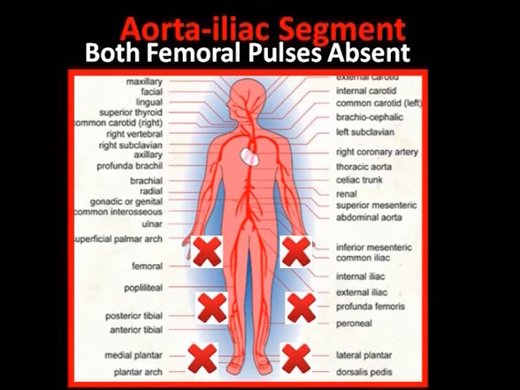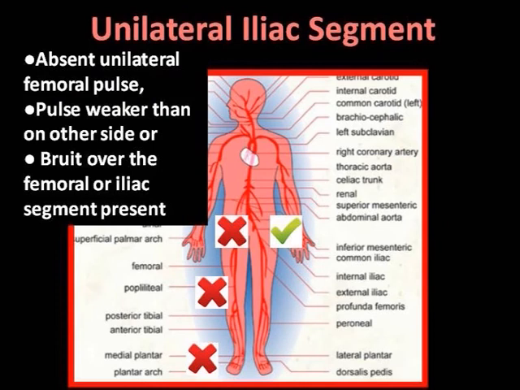So if we look at the first one, aorta-iliac segment. Aorta-iliac segment means that a femoral pulse is not present in either the left or the right groin. Unilateral iliac disease is a bit more complicated. This can mean one of three options. Option 1, a femoral pulse is palpable on one side and not on the other. The side that the pulse is not palpable is your diseased side, so it could be a left or right